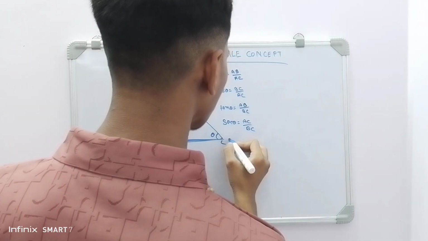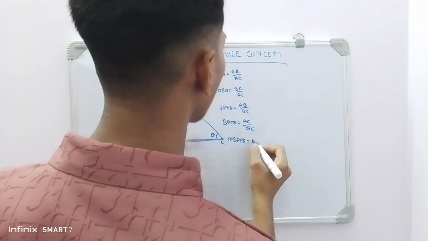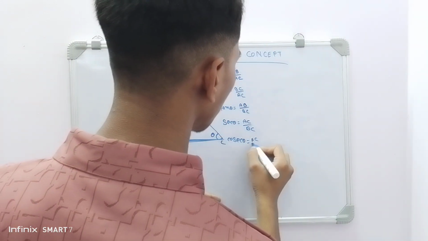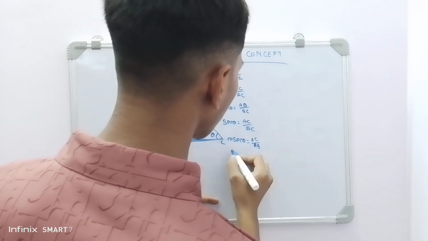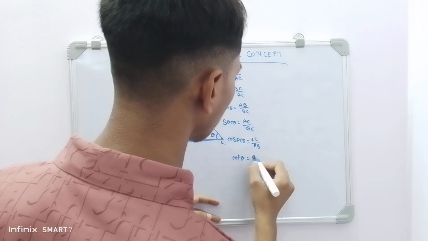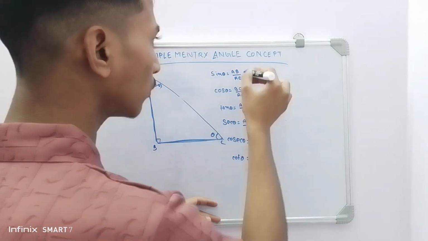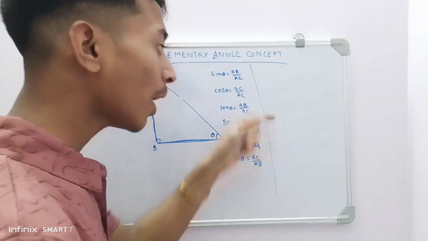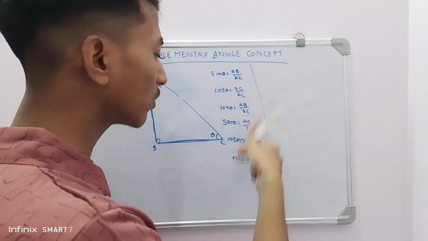And if I ask you for cosec theta, as you know, cosec theta is the reciprocal of sin theta, so it is going to be AC by AB, and the reciprocal of tan theta is cot theta, which means it is equal to BC by AB. Now are you able to find these values? And if I ask you to find sin theta, cos theta, tan theta, sec, cosec and cot